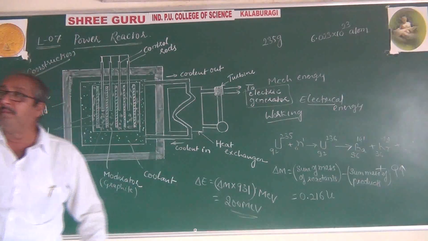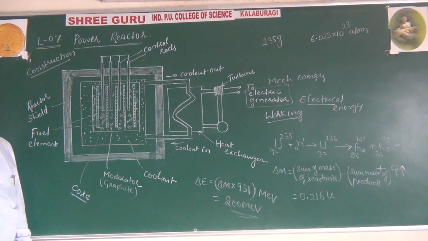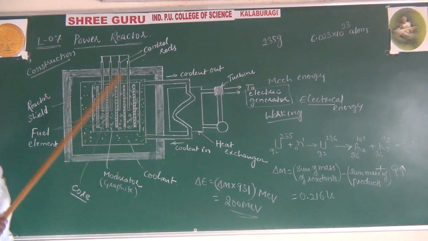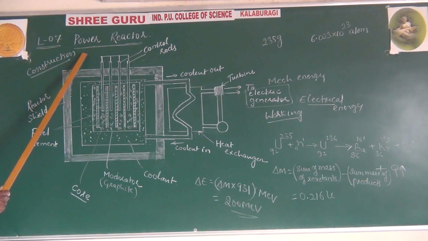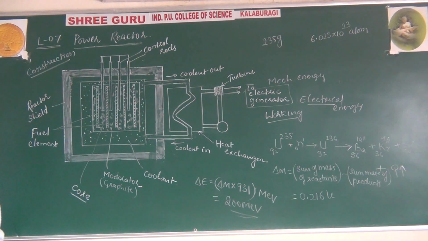in a mine where the mining will be stopped. This is the process in which the controlled nuclear fission reaction can be realized and electrical energy will be generated, and this reactor we call a power reactor. Is it clear up to this? Later we will go through this nuclear power reactor, its working and construction.